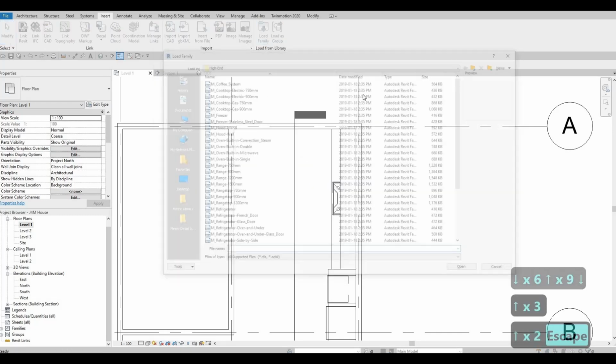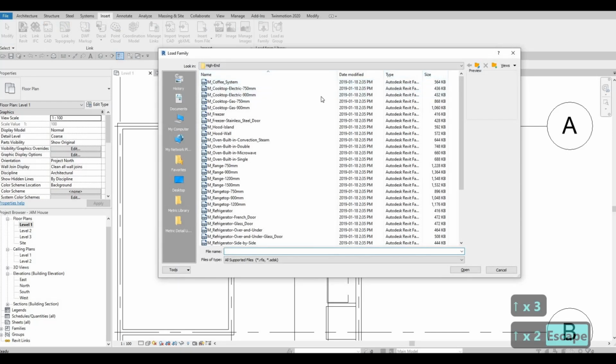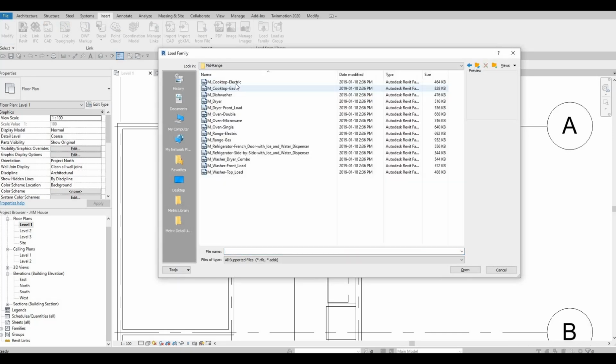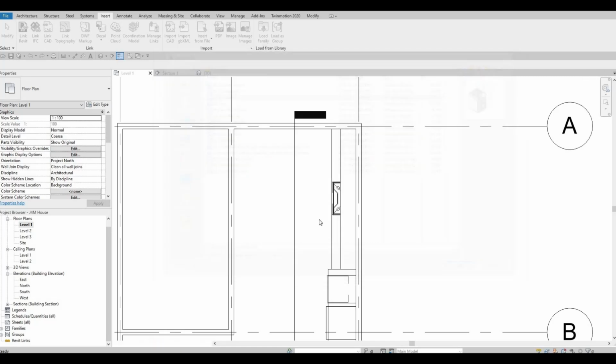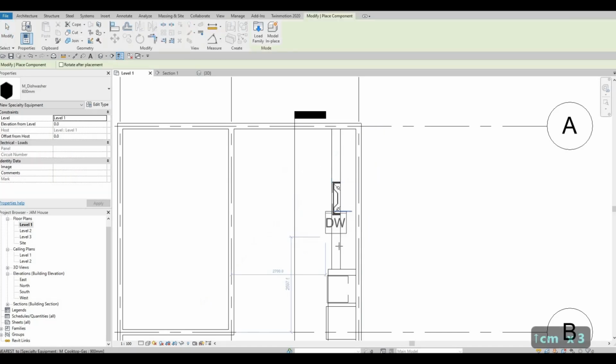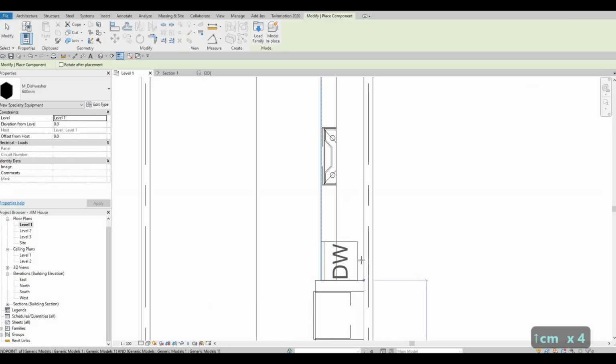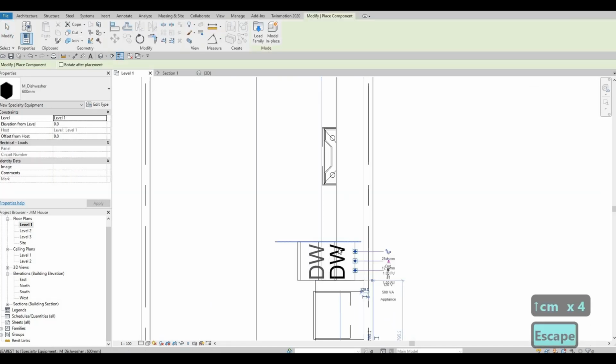So I'm just thinking where I seen that. I know it's something right here. So dishwasher, and then we could add it in this face, and then by just taking out,